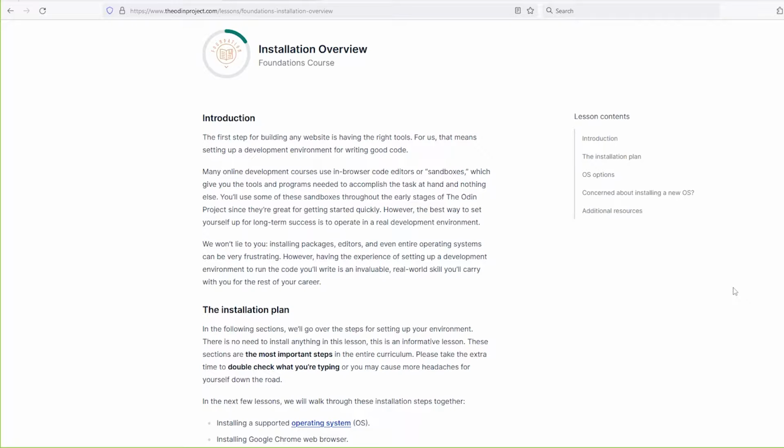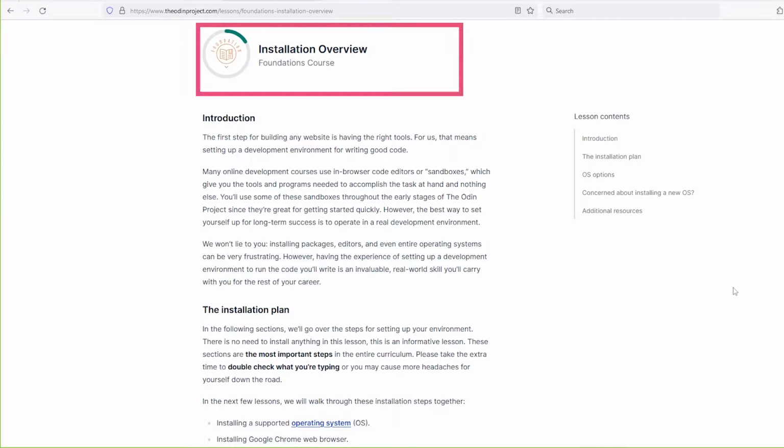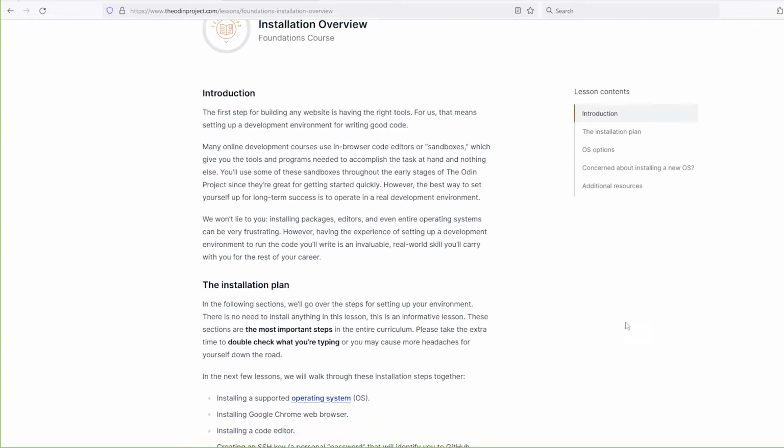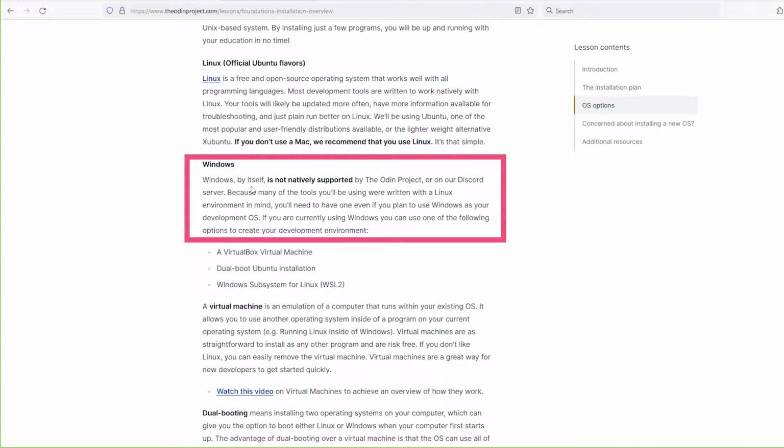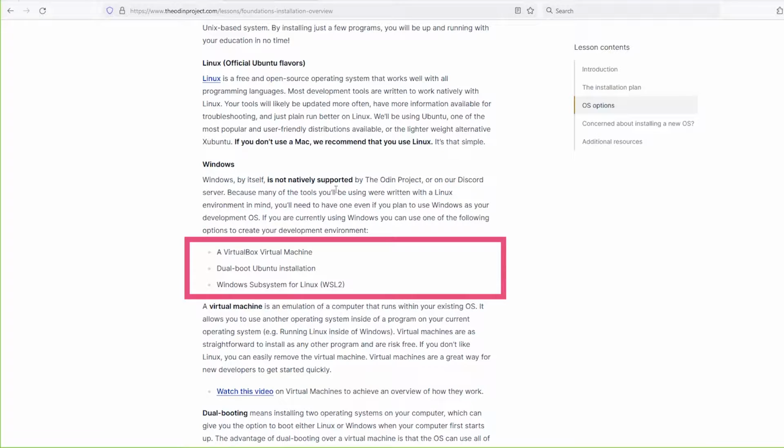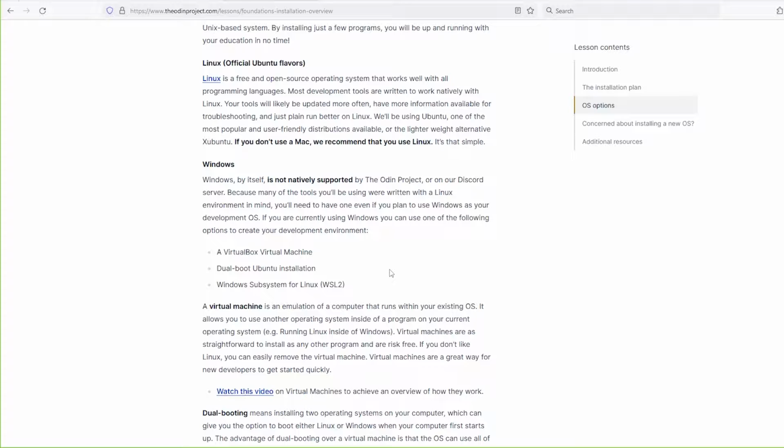In this video, I'm going to set up my environment so I can follow along with the Odin Project lessons. Here we are at the installation overview. It's a general lesson, and here I found out that Windows is not natively supported by the Odin Project because it was written for Linux, and I'm presented with three choices: a VirtualBox virtual machine, a dual boot Ubuntu installation, or Windows Subsystem for Linux. I've Googled a bit to see if I can get around these three choices, and